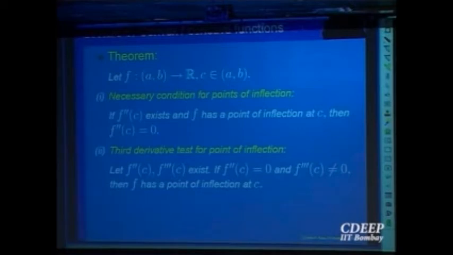Because you want to analyze the second derivative, look at the definition. You have a property of the first derivative because it is a point of inflection. So if it is increasing on the left, it should be decreasing on the right, the first derivative. Or it should be decreasing on the left and increasing on the right. One of these only possibilities is there. So use that to deduce that f double prime at C, if you look at the right hand second derivative, it should be bigger than 0, the other one will give you it should be less than 0, and that will imply the second derivative must be equal to 0, and similarly for this one.